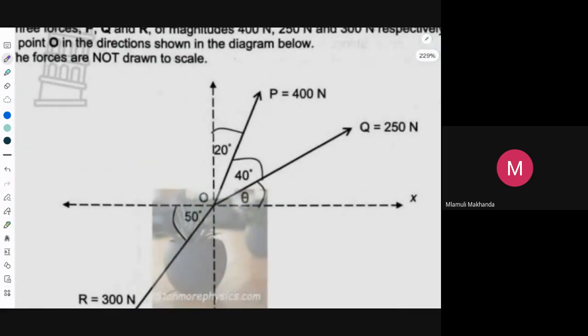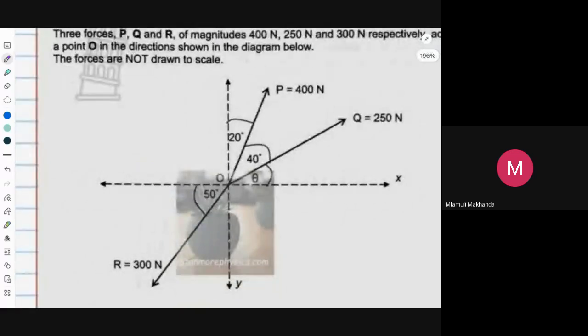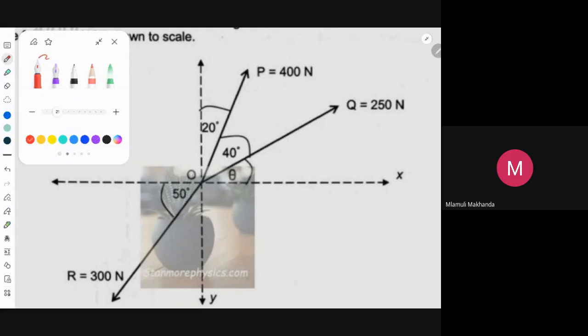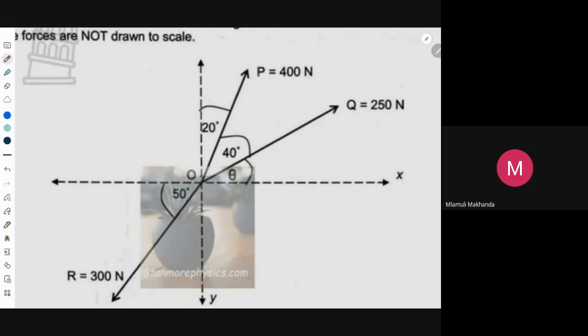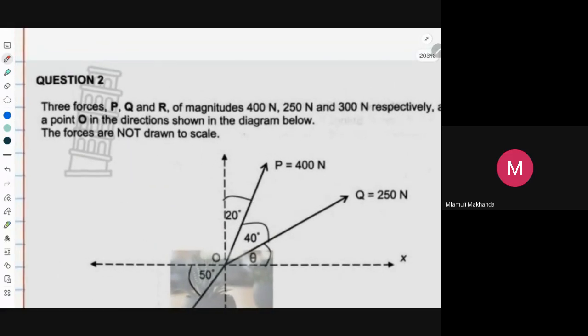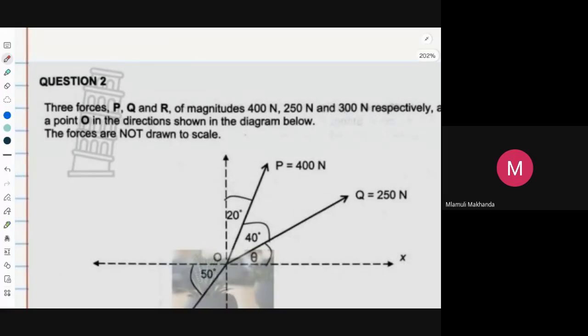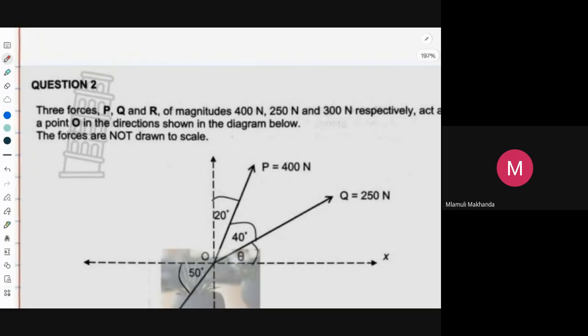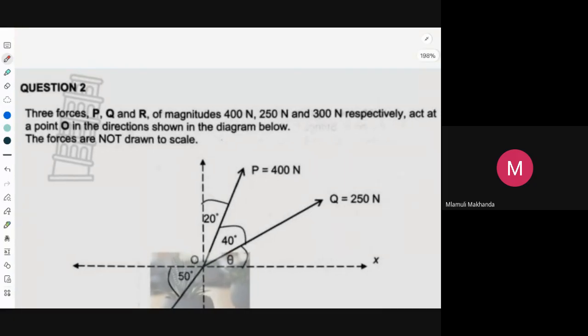So with this one, we might skip some steps because I've shown you this thing several times now. So let's start with reading this. What is it saying? Three forces P, Q, and R of magnitudes 400, 250, and 300 newtons respectively. I'm sure you guys know what respectively means. It just means